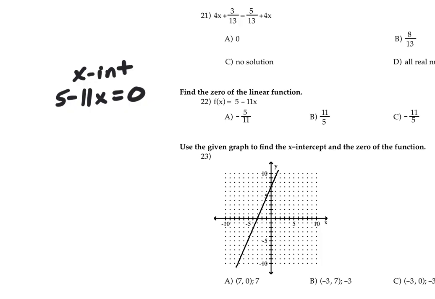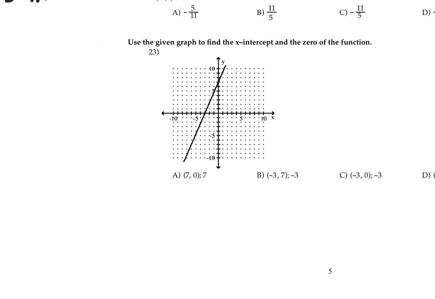Okay, 23 is just finding the x-intercept based off the graph. That one should be pretty straightforward. What is the x-intercept? The x-intercept crosses the x-axis right there, which would be at -3, 0. We also call that x equals -3. So the zero and the x-intercept are the same